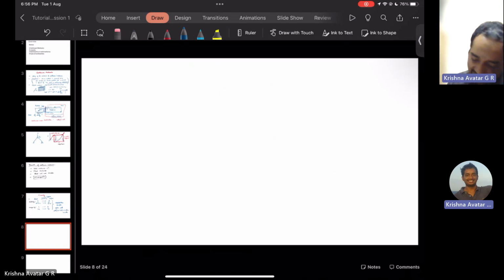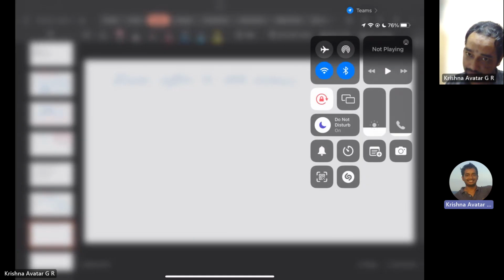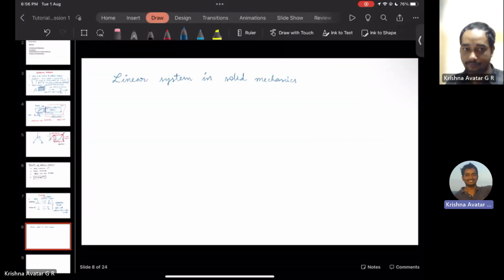Now in solid mechanics, how do you define a linear system? I think we had discussed in our session in the week one lectures. What is linearity or a linear system in solid mechanics? So this linearity in a linear system in solid mechanics. Okay. Now let's start with